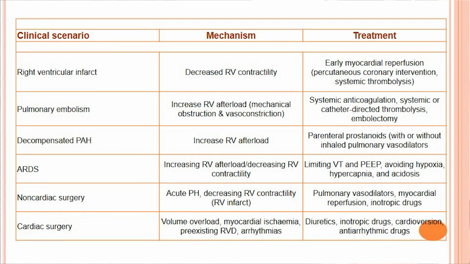For PE, there is systemic anticoagulation, systemic or catheter-directed thrombolysis and embolectomy. For decompensated pulmonary arterial hypertension, parenteral prostanoids are available with or without inhaled pulmonary vasodilators. And nowadays the studies stress more use of inhaled pulmonary vasodilators rather than the systemic ones. For ARDS, we have to use an RV protective lung strategy, that is limiting tidal volume and PEEP, avoiding hypoxia, hypercapnia and